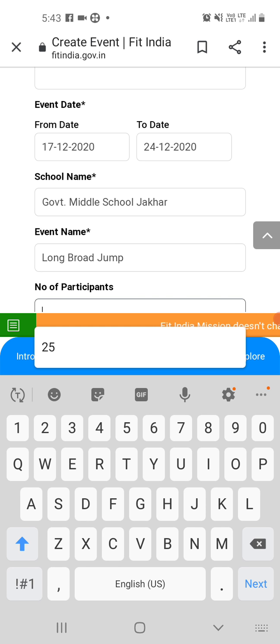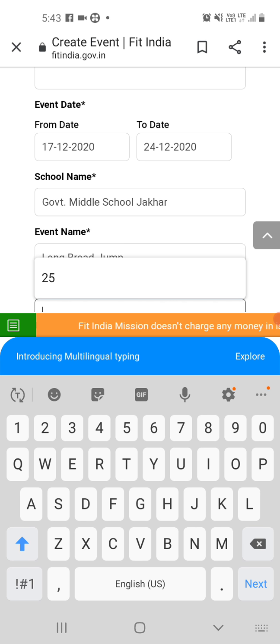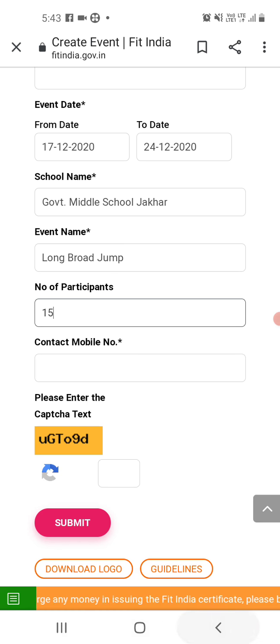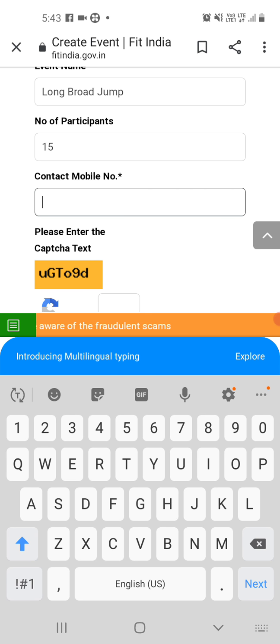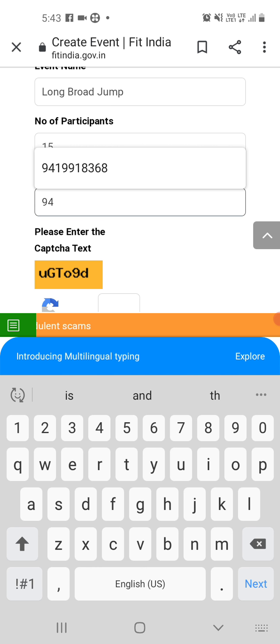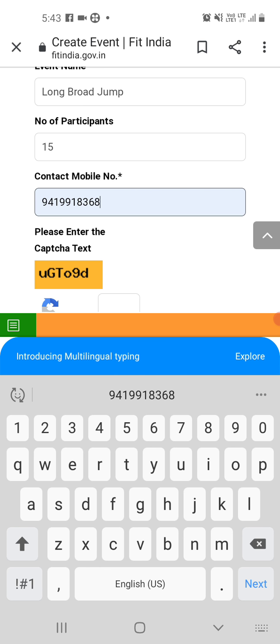Number of participants. For example, the number of participants is 15. So you can write 15. If the number of participants is 5, you have to write 5. Then contact number. Here I am giving my contact number 9419918368.